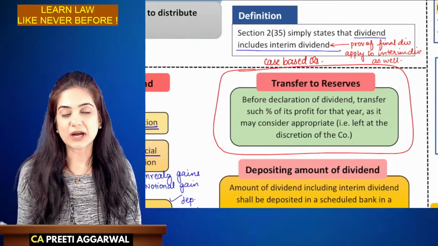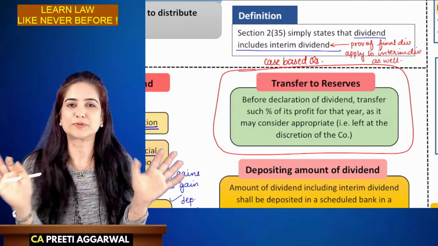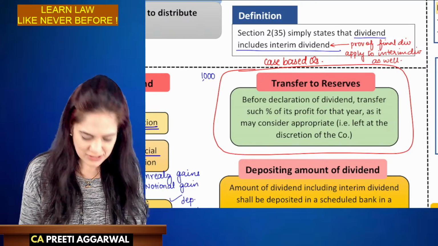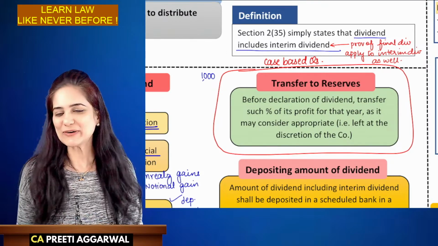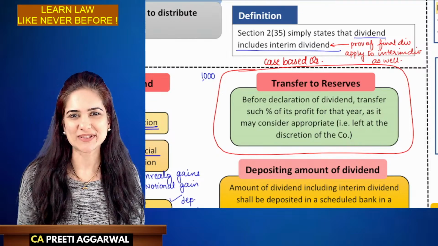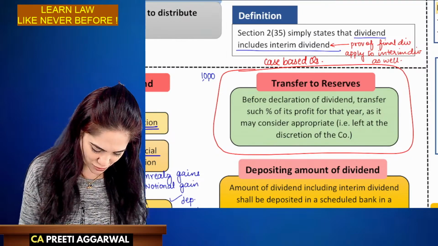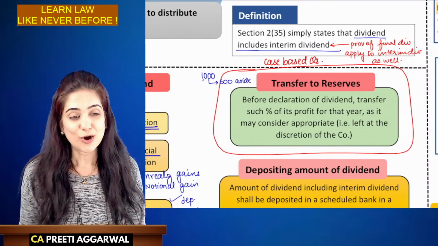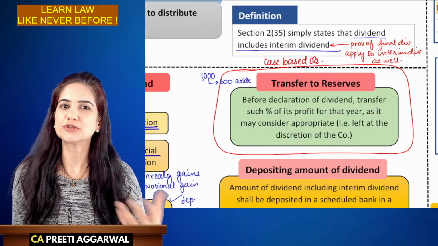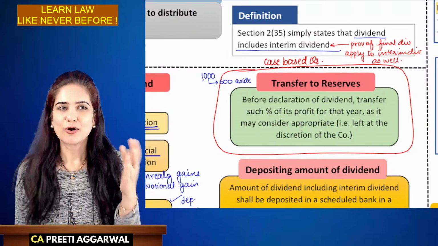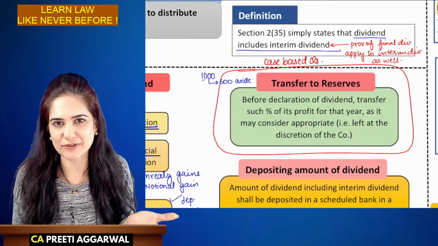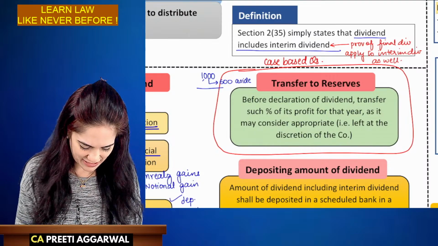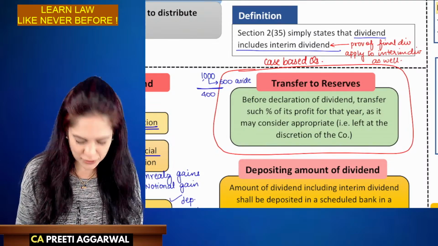Now, do I need to transfer to reserve? It's purely optional. Let's say that your father gave you 1000 rupees during Diwali. You don't think that you will spend all of it. From this 1000 rupees, you will keep 600 rupees aside for emergency, or for the future. Let's say you want to purchase a mobile, or give a party to your friend, or buy something for your girlfriend. So yes, you will keep this money aside, but the remaining 400 rupees you will utilize.